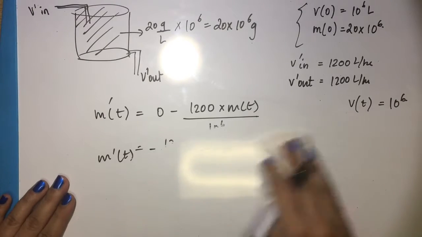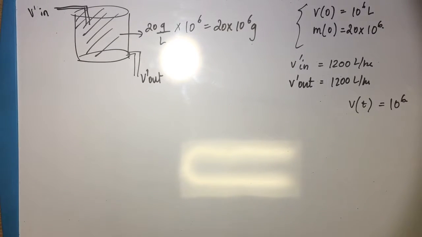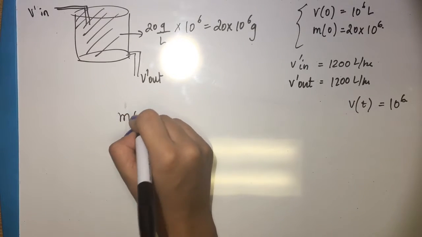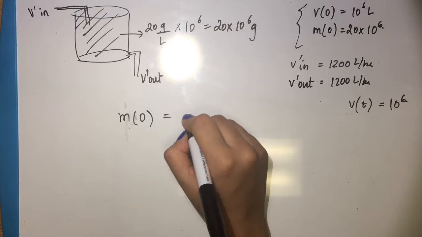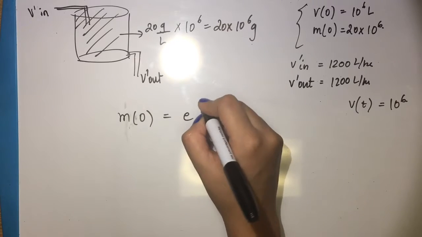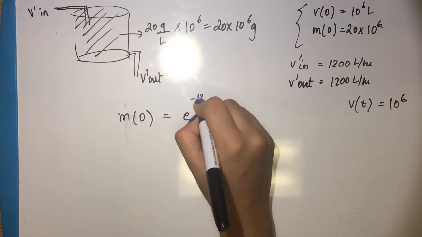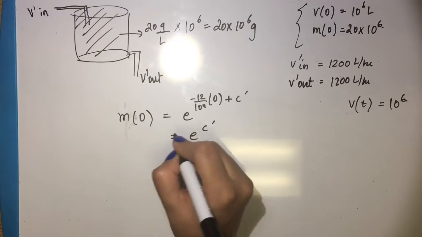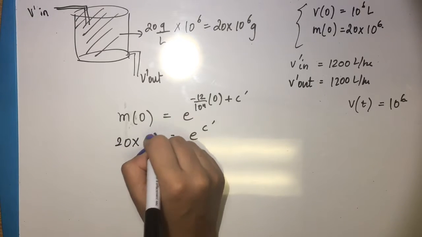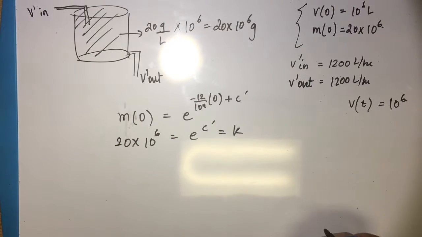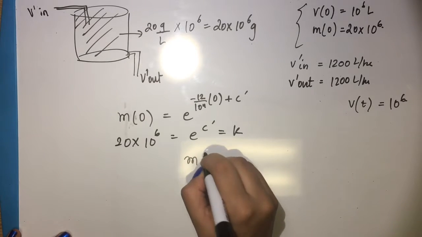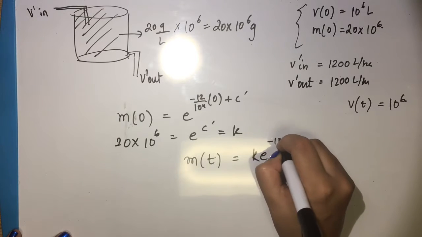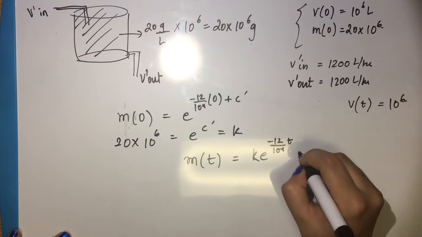Now in order to find c dash, again we can use our initial value and get M0 is equal to e raised to minus 12 over 10^4 times 0 plus c dash. e raised to c dash is equal to 20 times 10^6, which we can call some arbitrary constant k. And so our equation for M(t) then becomes k times e raised to minus 12 over 10^4 t, where k